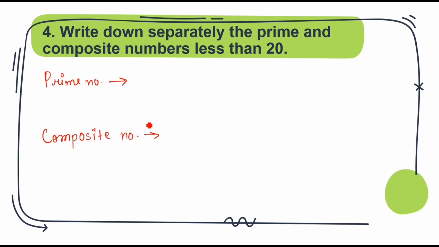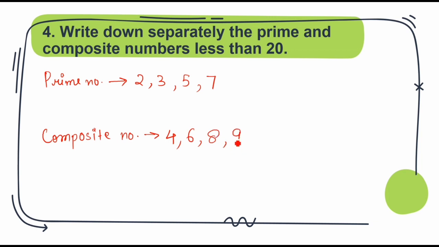तो मैंने sections देख लिए, अब मैं फटाफट से count करूंगी. I told you that 0 and 1 are such numbers that are neither prime numbers nor composite numbers. Okay, so we have to start with 2. 2 prime number है. Prime है, prime की list में डालो. Then 3 again prime. 4 composite number है. Then 5 prime number है. Then 6 composite number है. 7 prime number है. 8 composite number है.